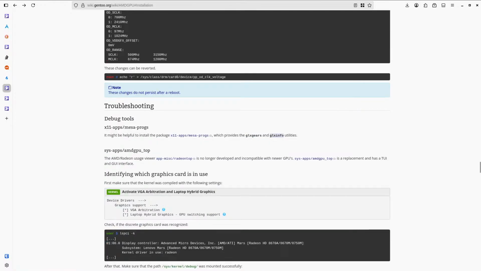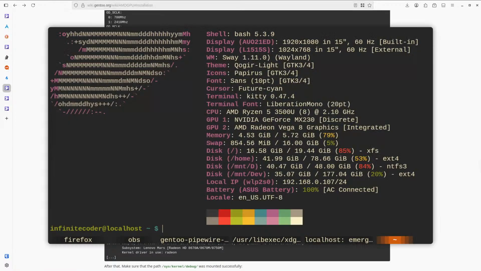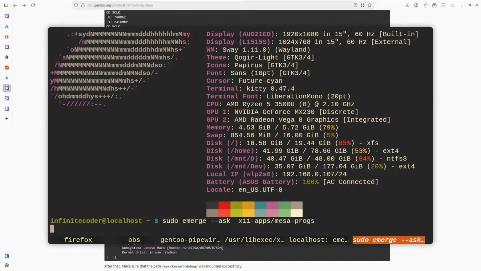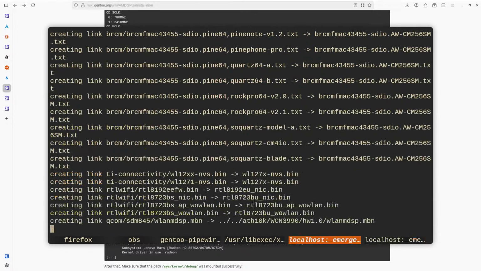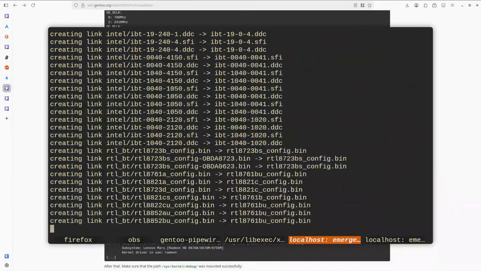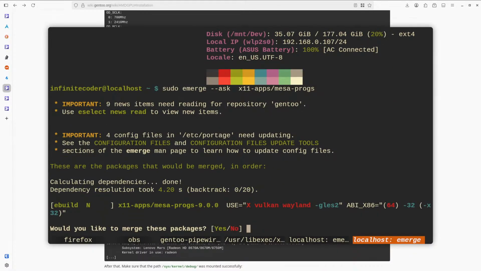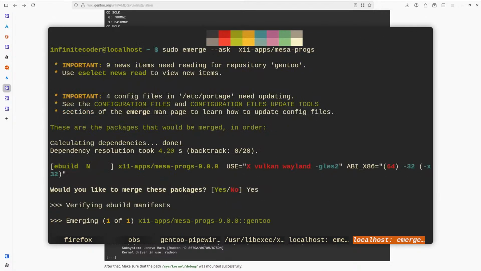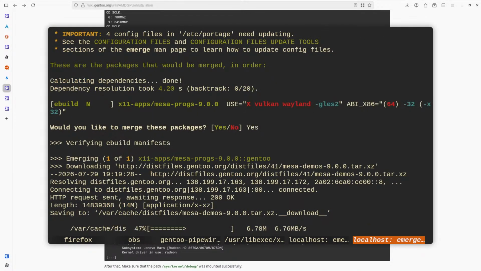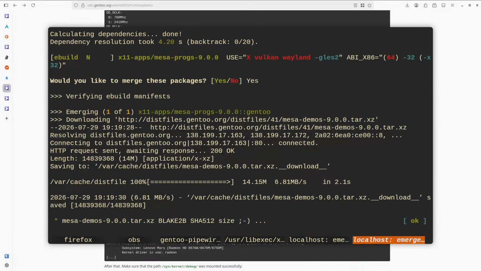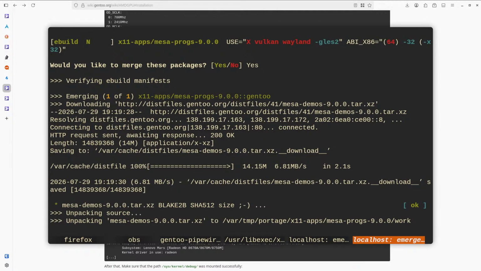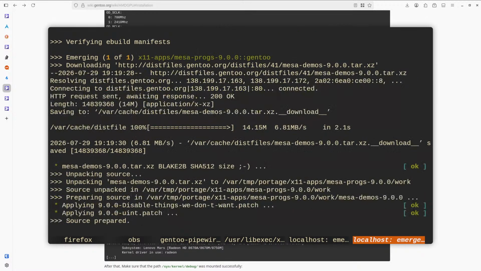glxinfo. Yes. Sudo emerge --ask. I usually put ask in here because, I don't know, the Handbook told me to. Okay, so we built that. Oh, we downloaded this file for some reason.